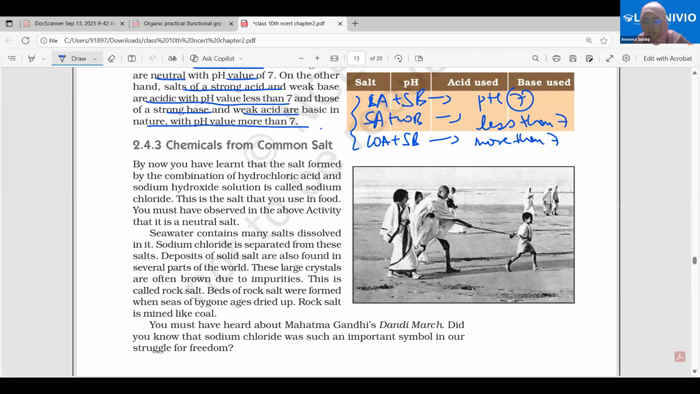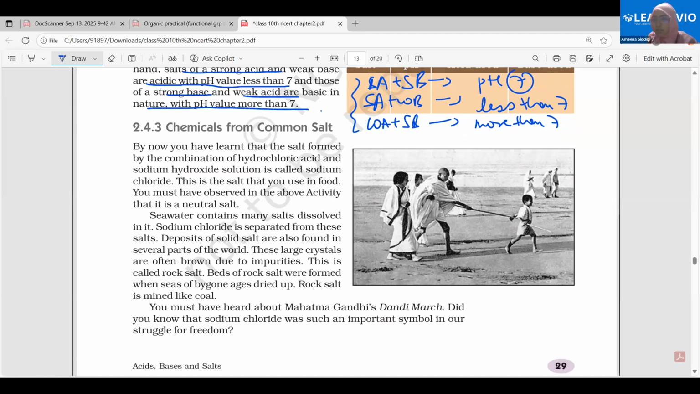Now, how are we going to use the salts, okay? Through different procedures, we'll get different types of compounds, basically different salts. So this topic is very important. Although it is a very factual topic, most of the questions are framed from it, fine? So, we already learned the salt formed by the combination of hydrochloric acid